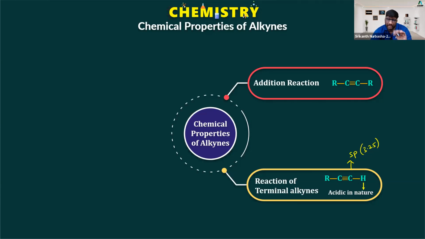But how many moles can we add? Earlier in the alkene, we added only one molecule of halogen acid, like HCl or HBr. But here we have two pi bonds. Can I say two molecules of halogen acids can be added? Yes, sir. The first reaction you can think of is addition of